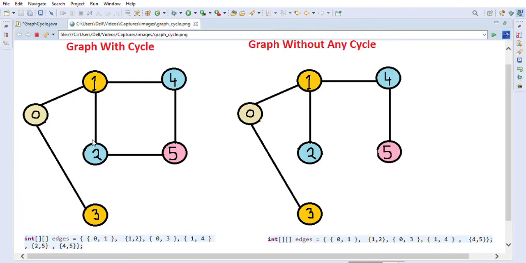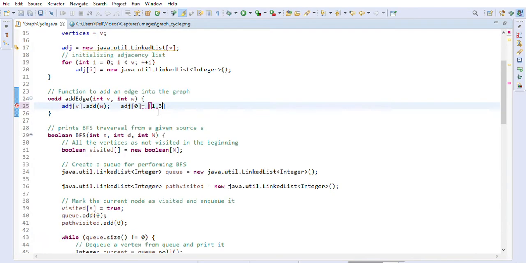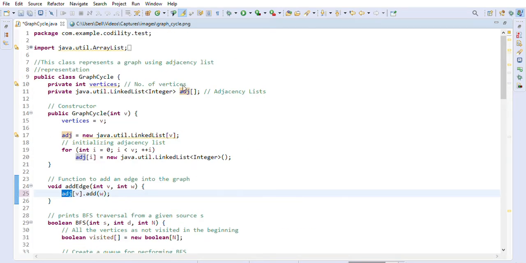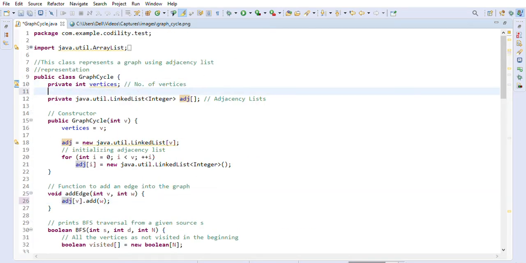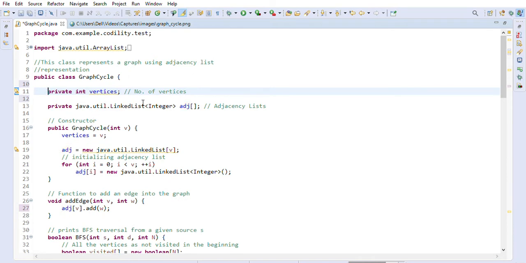Basically it means that node 0 has 1 and 3 as its adjacent nodes. So this is how we are creating the adjacency list from the given edges. The edges are given to us, and this is the adjacency list that we have defined. Let me just put some space so you will know.